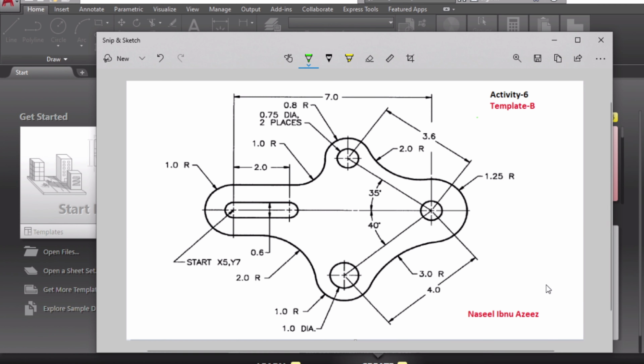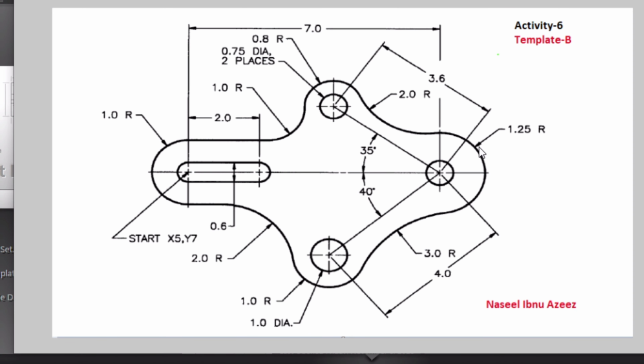Hi everyone, today we're going to handle a new activity for AutoCAD. Here in this activity we have a lot of fillets and circles. The major thing that you're going to learn in this activity is how to make fillets in AutoCAD. Fillet means here you can see a curve which connects these two circles, and the only information that we